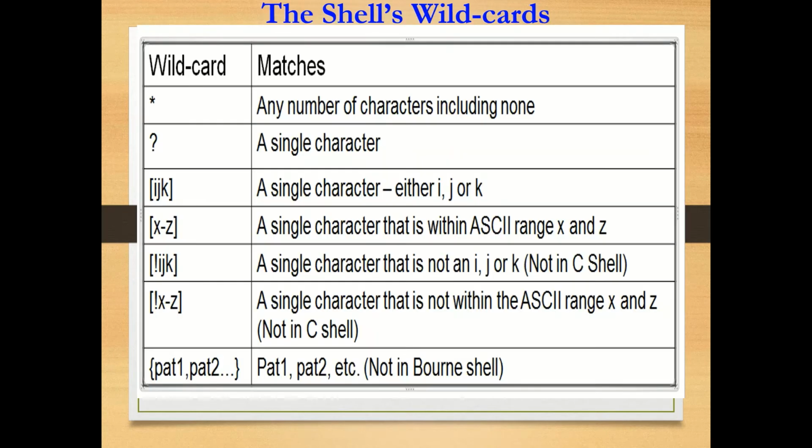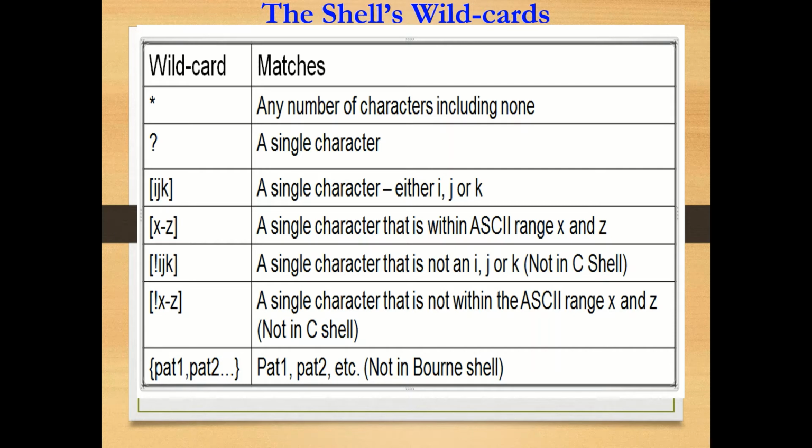The below table shows the shell's wildcards and their meanings. The star indicates any number of characters including none. Question mark indicates a single character. Within the brackets you write i, j, k, a single character either i, j or k. Write x hyphen z, a single character that is within the ASCII range of x and z.